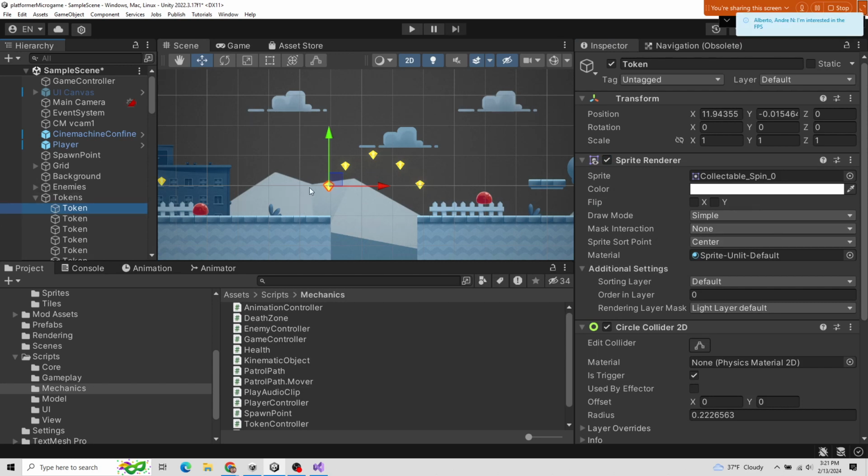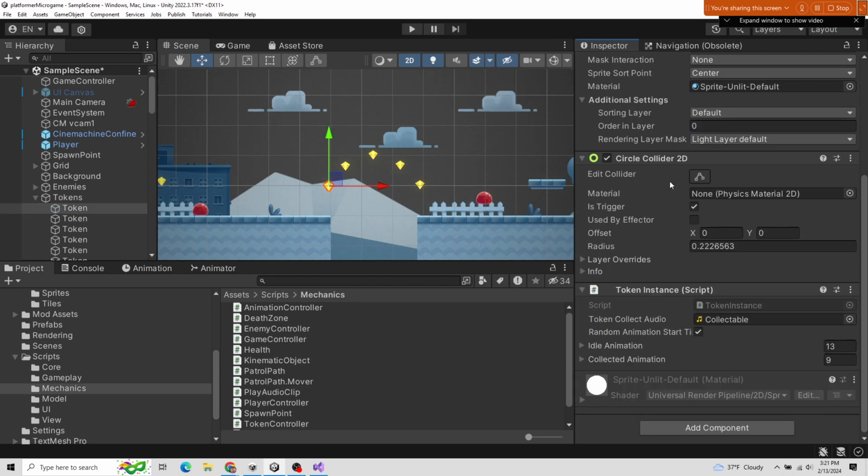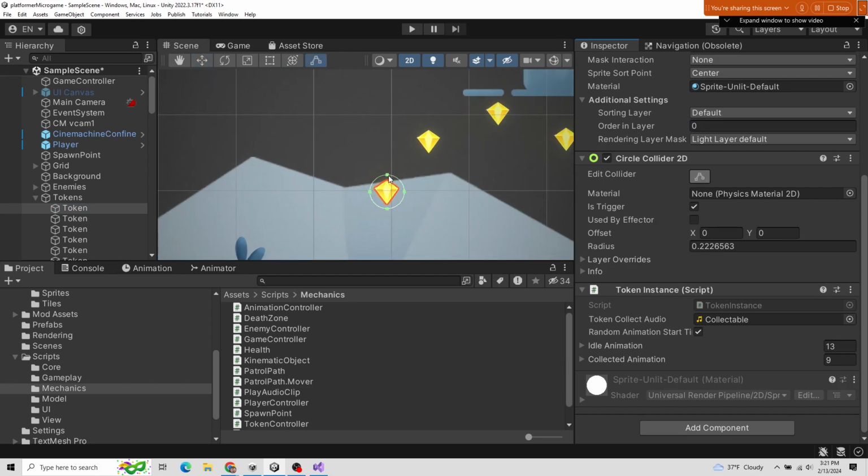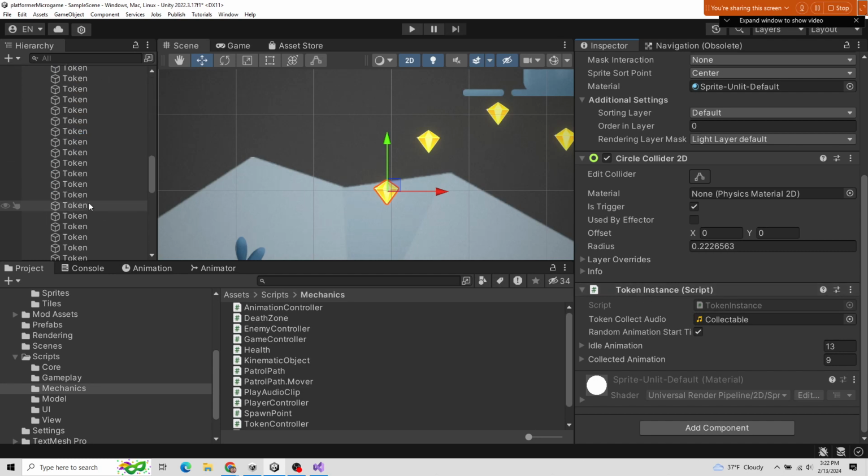But in either case, I'm going to click on one of these tokens, and we see that we have a transform. We have this sprite renderer that we're used to, and this has a circle collider. Sure, why not? It's a little bit bigger than the graphic. They want to make it a little bit easier for you to grab the token. And then there's this token instance script. And I'm just going to hunt around and make sure